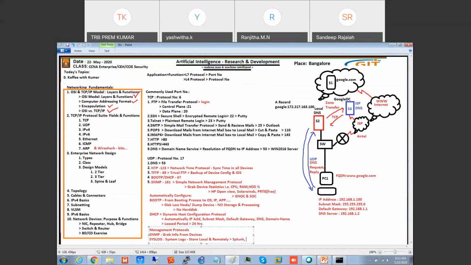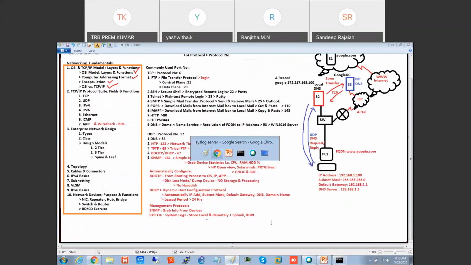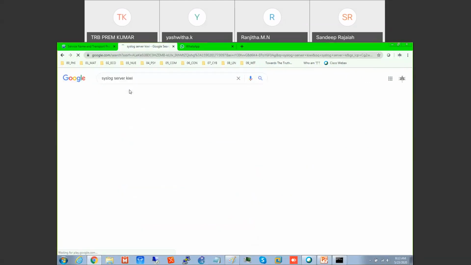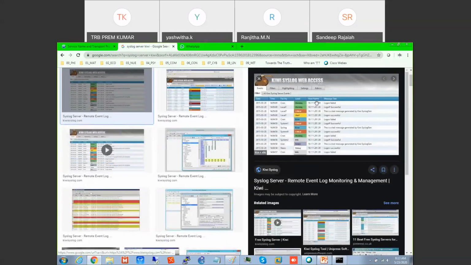These are the applications that download, or get, the logs from the devices and maintain them in one location. This is your syslog server, collecting information from multiple devices.